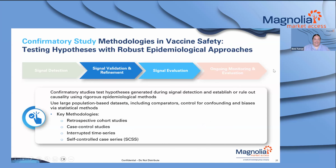You can go to the next slide. Okay, so here I'll address the middle chunk, which is a lot of different phases in one. We're looking at signal validation, refinement, and evaluation, right? So here,